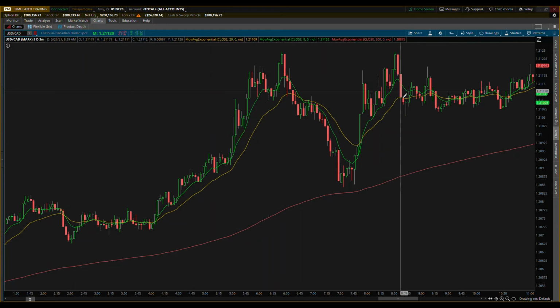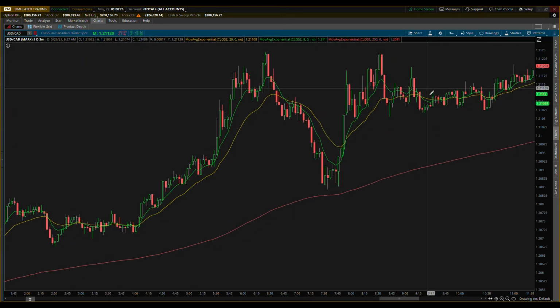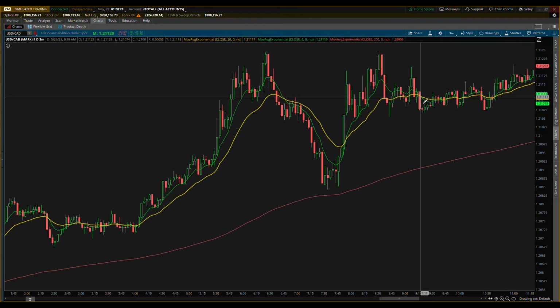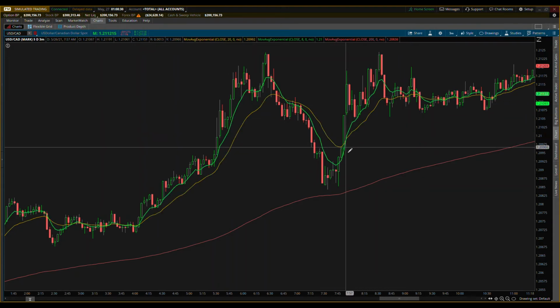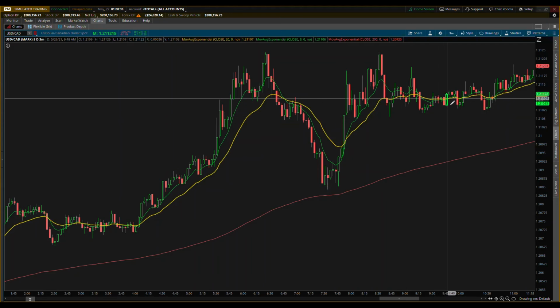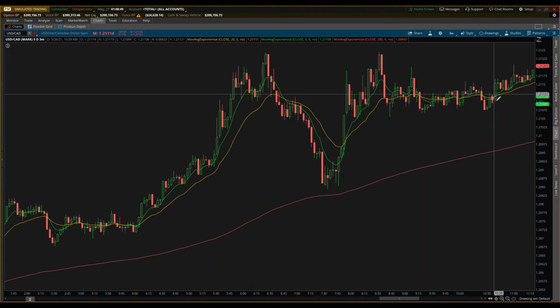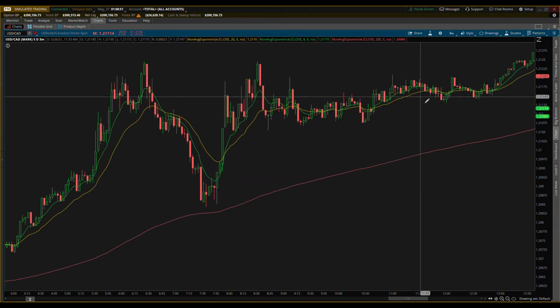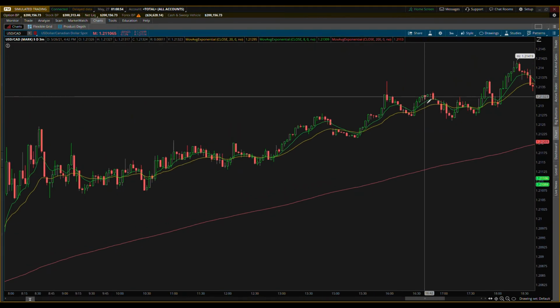Okay, there are multiple crosses, right? Well, I guess it starts right here. We cross below, so you'd close your position that you opened over here. That's most likely a small winner. We have a cross above right here, but then what do we do? It's touching right here. It's on top of each other. Do you wait it out until you actually see it down below, which is right here? So you'd close your position, then you just open it right back up right here. So there are definite faults to this strategy, but I just wanted to show you guys because it is the